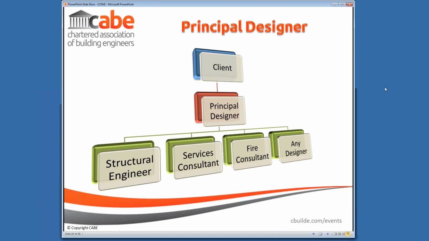The other thing the principal designer has to do is ensure that the other designers comply with their duties. Now, as it's written into the legislation, they have the legal responsibility to ensure that others comply with their duties. In practical terms, they will not have the contractual arrangement to be able to make sure that happens. So that's very onerous on the designer, and I'm not quite sure, again, how that would be enforced through the courts should it need to be.